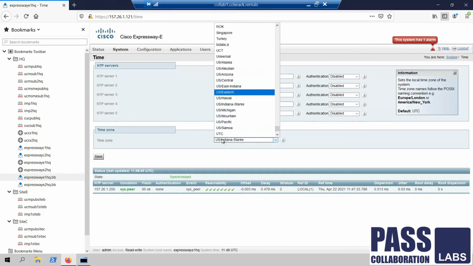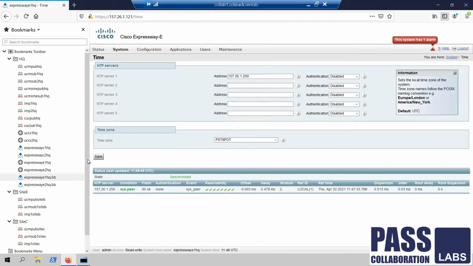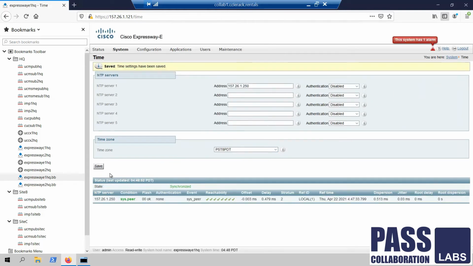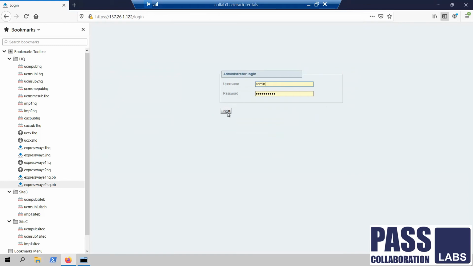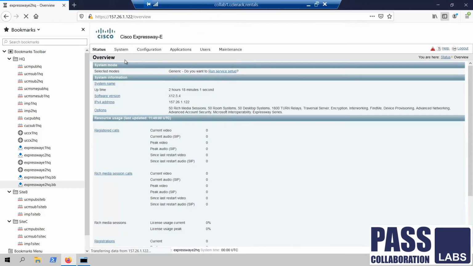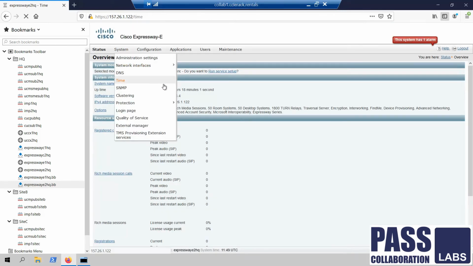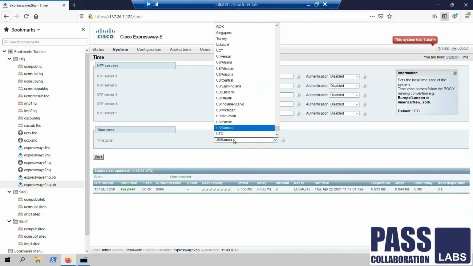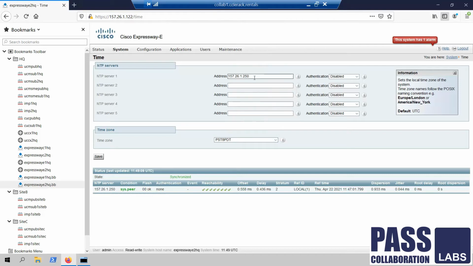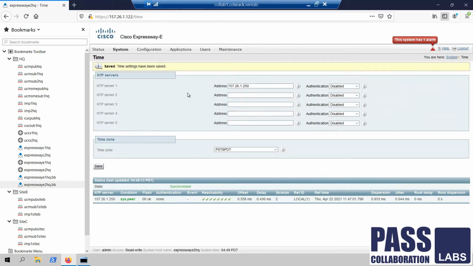So the time zone needs to be modified to the same PST8 PDT, and the same is applied on Expressway E2. That's it. So the Expressway configuration is done here.